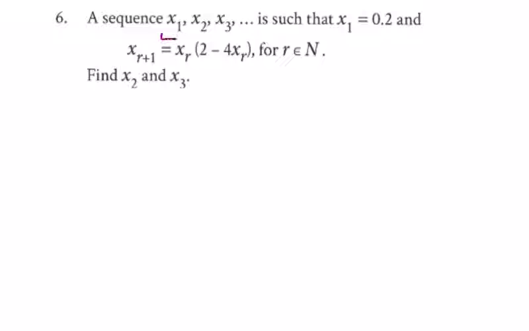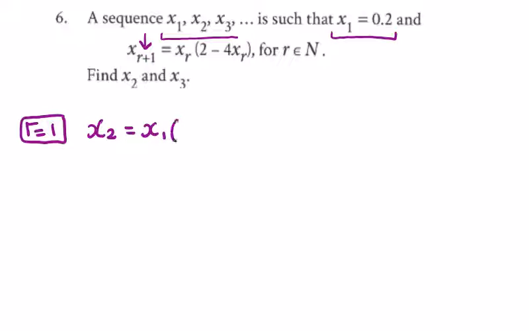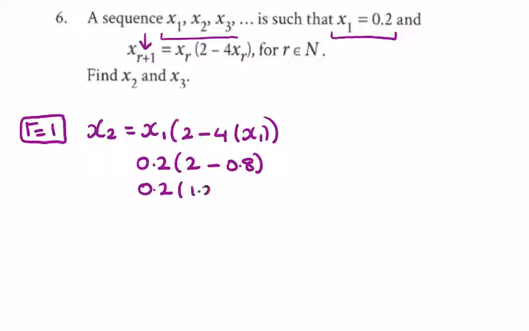In question 6, they're in terms of x, and we have the first term 0.2, and we have an r here as well, but it doesn't really matter what letters they use. If r is equal to 1, we're going to get x2, which is equal to x r, which is x1, times 2 minus 4 times x r, which is x1. So maybe for the first stage you could do it like this. x1 is 0.2 times 2 minus 4 times 0.2 is 0.8. So 0.2 by 1.2 is 2 12s or 24 with 2 decimal places,